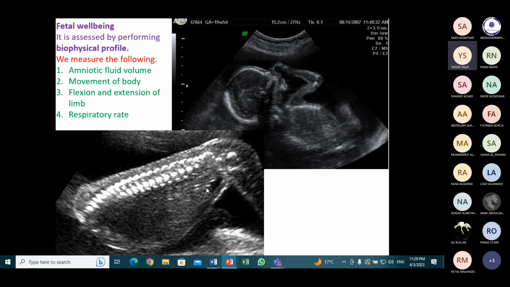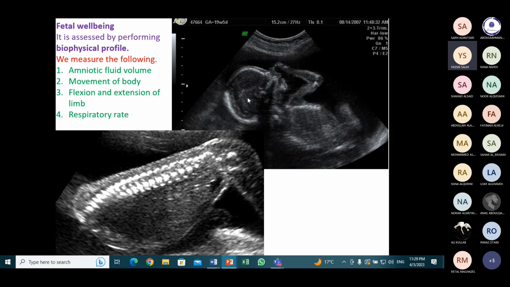This is a technique called fetal well-being assessment, which is the biophysical profile. We use it, for example, if the patient has fetal distress or for the follow-up of an intrauterine pregnancy. This can be done by measuring the amniotic fluid, the volume of the fluid, and it is done in about half